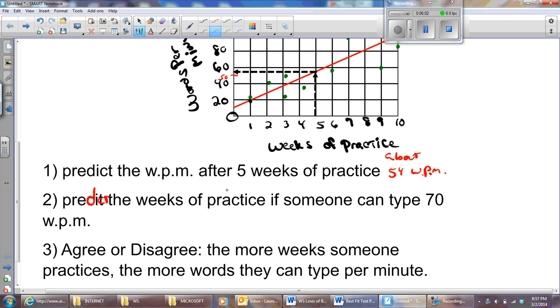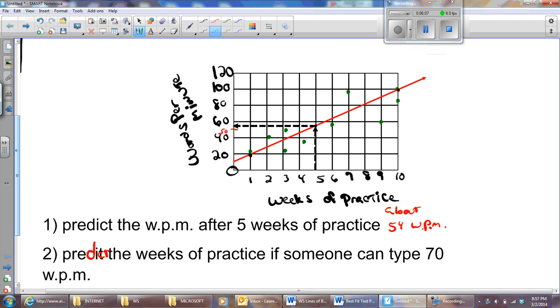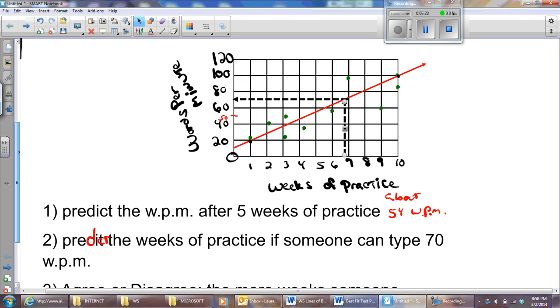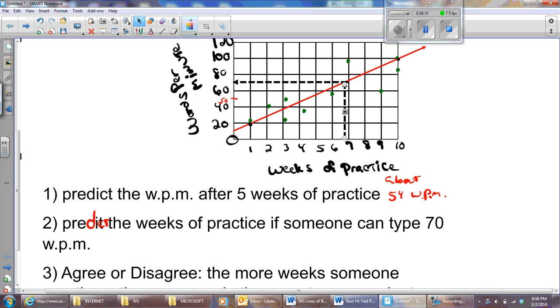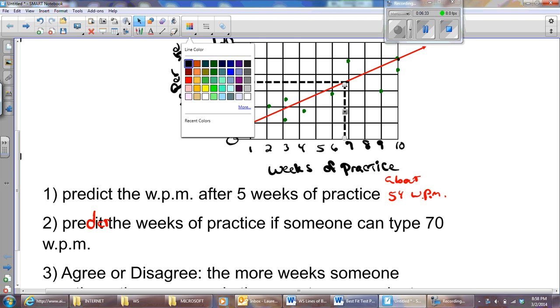Weeks of practice if someone can type 70 words per minute. So I can use this line here and move it to 70, which would be smack in the middle of 60 and 80. Take it here till it hits the line, and then from there, drop it on down. Okay, and you see it's not quite 7 weeks of practice. So I could answer this question by saying,